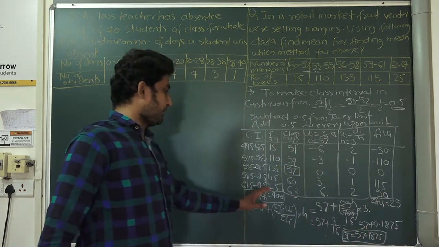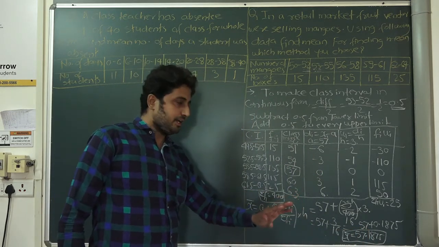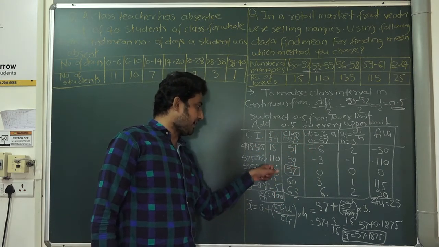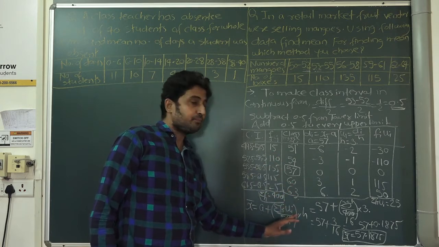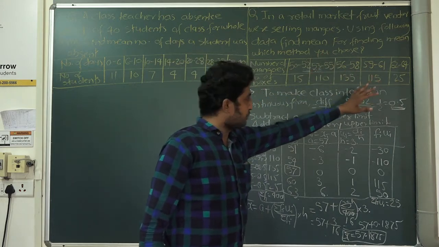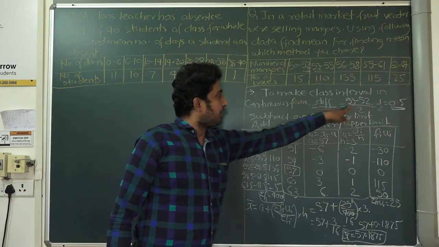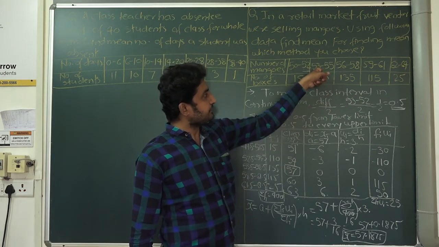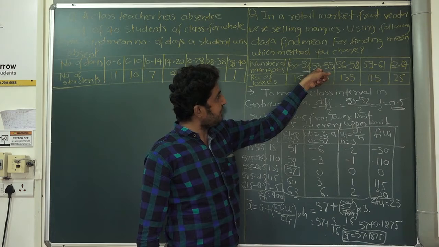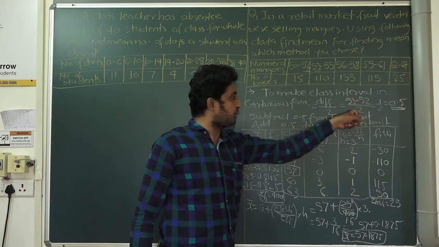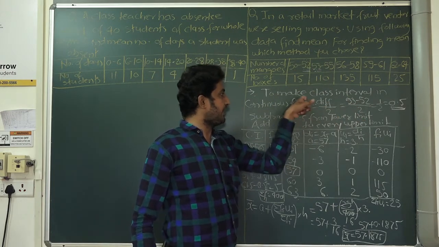And hence, dear students, we find the mean. Again, I tell you, whenever the values of frequencies are greater, we have to use the assumed mean method. The class intervals are in a discontinuous format, so we use the correction factor. How do we obtain it? It is the difference between the lower limit of the higher class and the upper limit of its previous class, divided by 2. That is the formula for finding the correction factor.